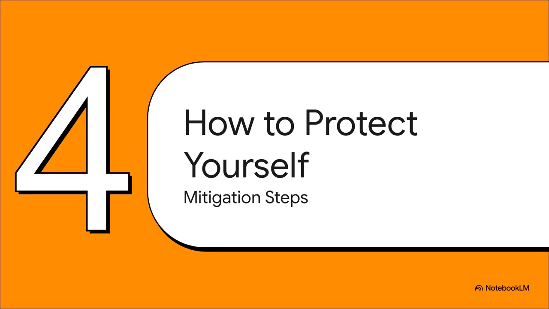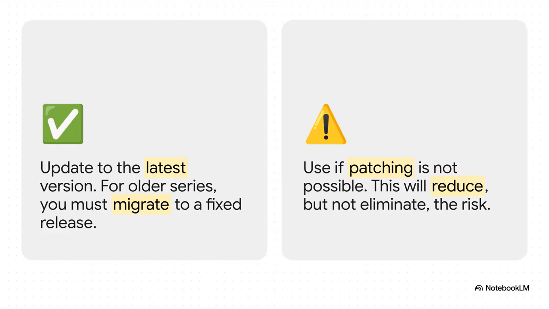Now we've reached the most important part of this whole explainer. You know the risk, you've checked your version, so what do you do now? Let's walk through the exact steps you need to take to protect your network. You've basically got two options here. On the left is the real fix, the permanent solution, and it's what everyone should be aiming for. Update your systems. For most of you, that just means patching. If you're on those older 7.0 or 6.7 versions, you've got to migrate.